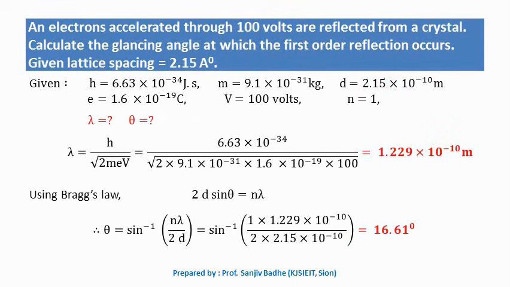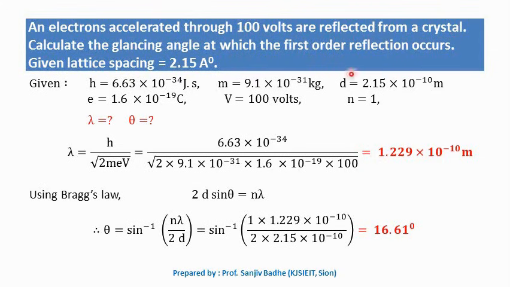This is similar to the earlier problem, but in this problem the interplanar spacing, the lattice spacing, is given as 2.15 angstroms, and we are asked to calculate the glancing angle theta. The other data given is that electrons are accelerated through 100 volts. The potential difference used to accelerate the electrons is 100 volts, and they are reflected from a crystal. Calculate the glancing angle at which the